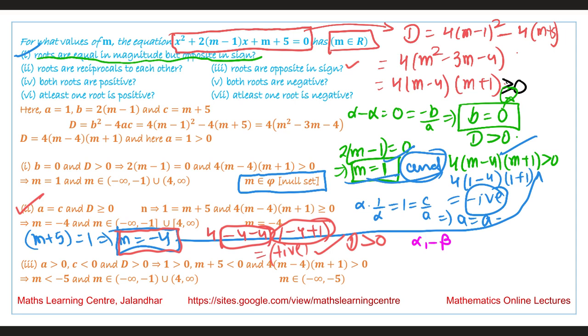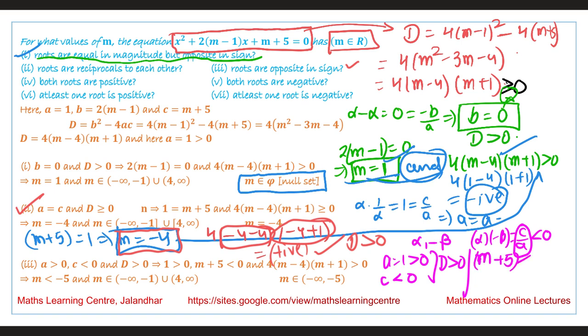So in this case we have seen that the product of roots, alpha into beta, that is equal to c by a, it should be less than 0. It means that c and a should be of opposite sign. So clearly the value of a is equal to 1, it is greater than 0. It means the value of c should be less than 0 and the value of discriminant should be greater than 0. So if we put the values over here, c is less than 0 means m plus 5 is less than 0. So we are saying that m is less than